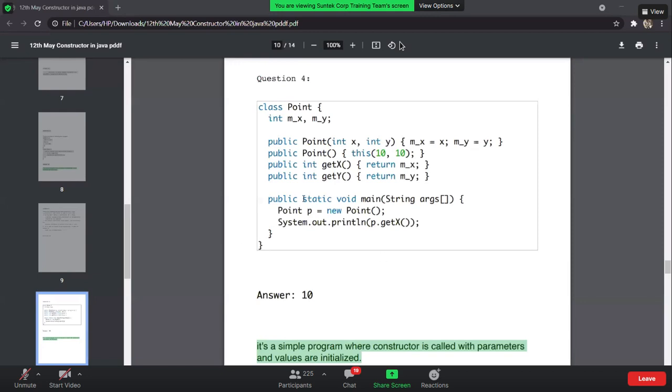It's a simple program. We are creating an object for the Point class. So Point p is a new Point that will invoke this one, and it will call this with 10 comma 10. This is again invoking the parametric constructor, which is basically this. mx is equal to x, and it will assign the value 10 to that. Now, whenever we do a getX, it will return mx, and the value of mx is equal to 10. So that will return 10 itself.